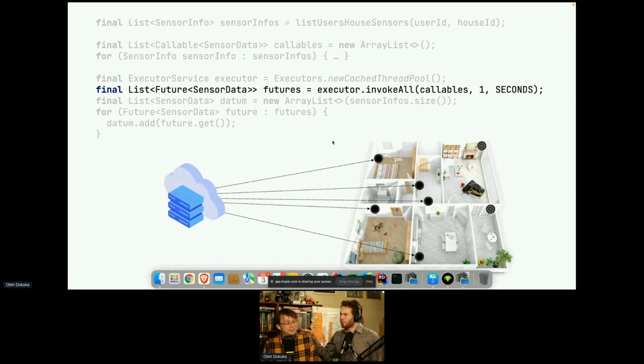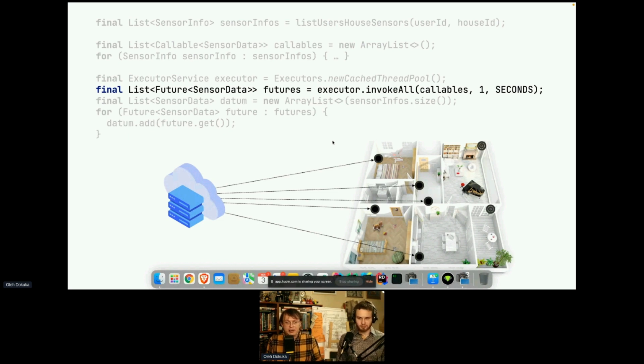Andrew, nobody does it like this. First of all, because imagine that between invokeAll and getting the results from the future, we may want to do other operations like logging, or we may just want to do other work on the same thread, on the caller thread. And having this design, we basically block at invokeAll, and we have to wait, and we cannot do anything else. So we can re-implement it.